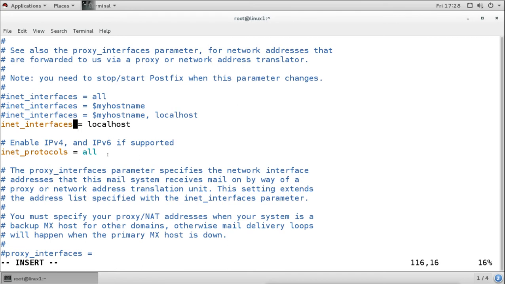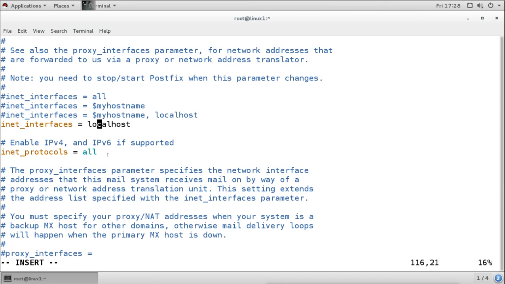So if we want to accept the mail from any other server, then we can configure this to all. Or if we want to accept the mail from only our domain or our host name, then we can set it like these variables, like my host name or my domain name. So it is going to accept the mail only from our domain name or our host name. It will not accept mail from any other server.